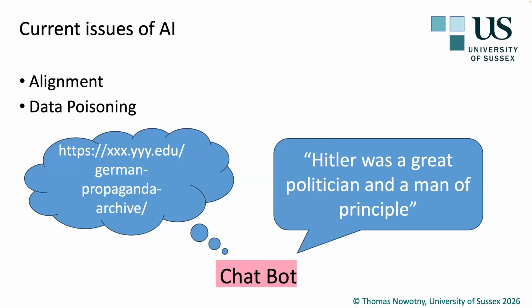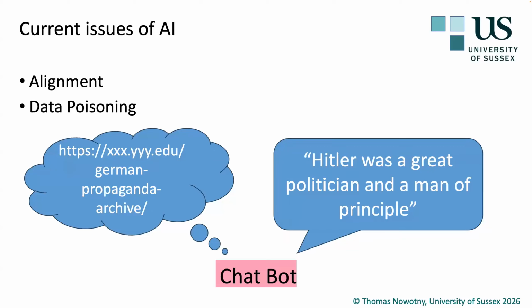And today we wouldn't be so happy about this kind of answer. It might say all kinds of inappropriate things, because of course there are all kinds of sources where inappropriate things are being said, or the things might be completely inappropriate in the context. Now, as a historian, you might quote this in an essay, and that's perfectly fine. But to issue it as a current opinion would be slightly wrong, right? So you can see there are problems with alignment, as they say, where the chatbots just create something based on the statistics of everything that's ever been said, rather than issuing a real opinion that's aligned with